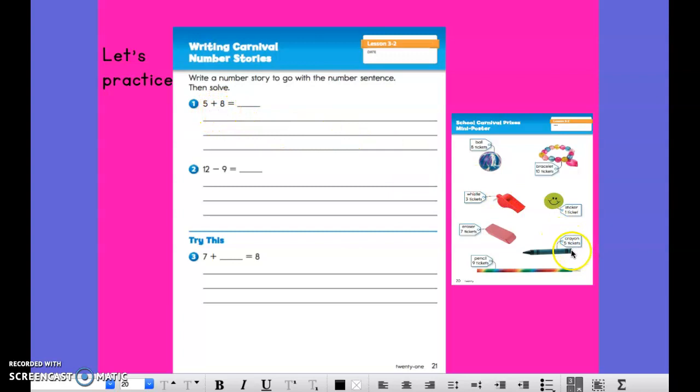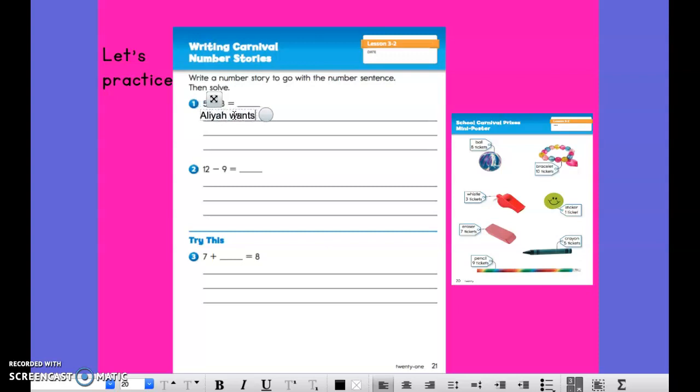And I noticed that on here the crayon is 5 stickers and the ball is 8 tickets. So here's what we can do. So I'm going to just get my text here so I can type on here. And we're going to type a number sentence. Now I'm going to say,